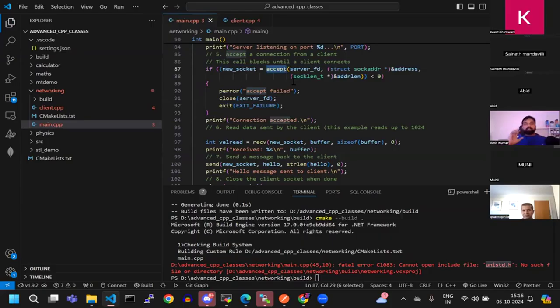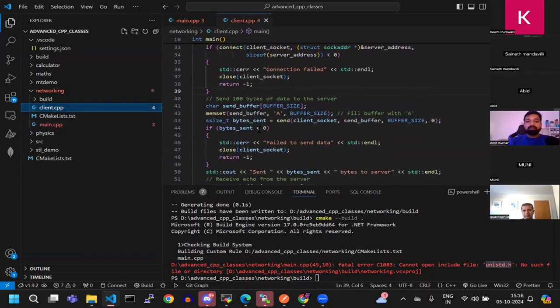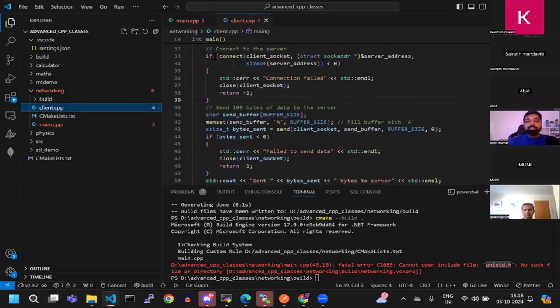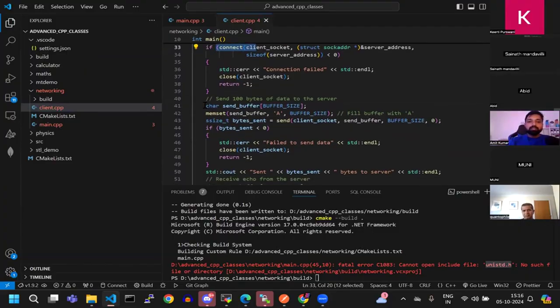Okay. I'll tell you what will happen. Let me finish this client first, and then I'll tell you. Sure. First understand when this connect will return. Connect will return when the client has already connected to the server and has gone into that server-side queue. It means the TCP handshake has completed successfully. Okay, now I got it. Right. So now what we can